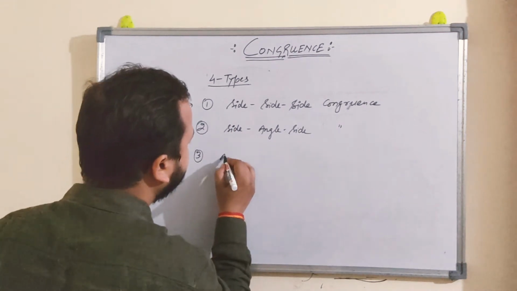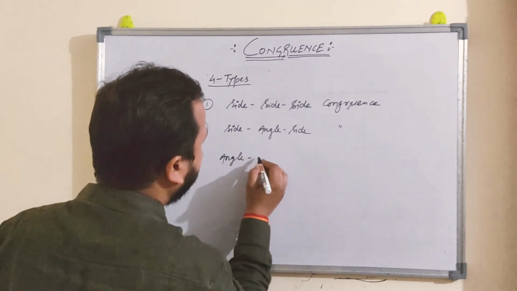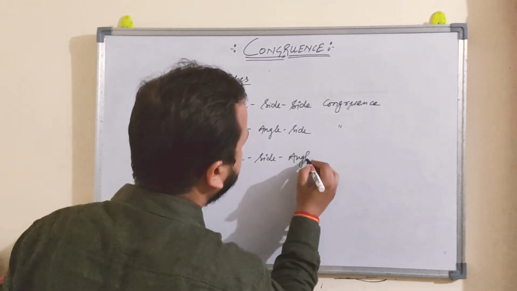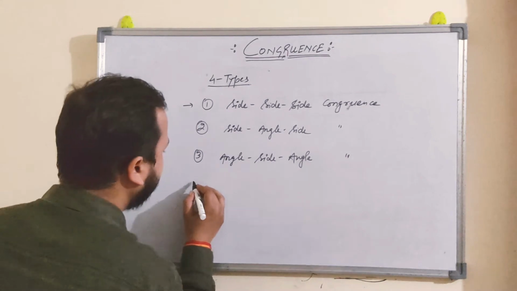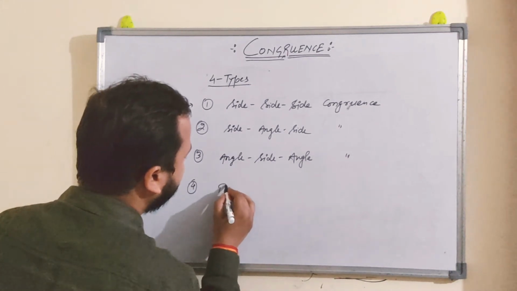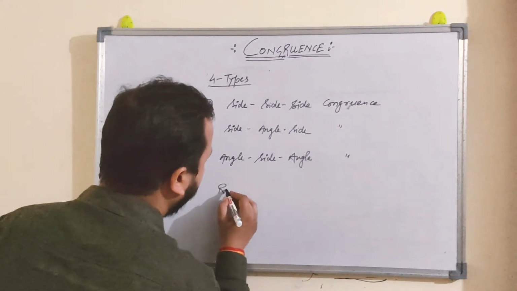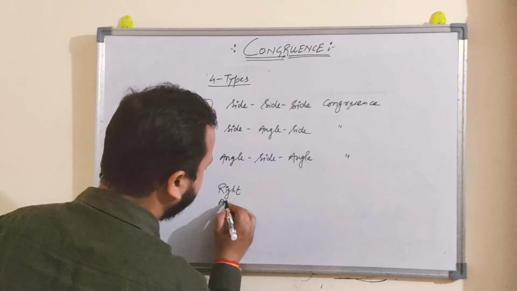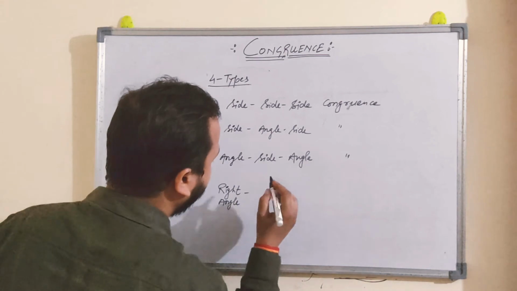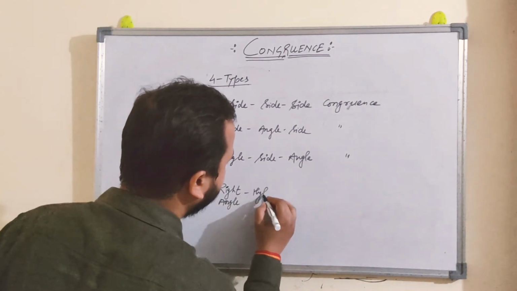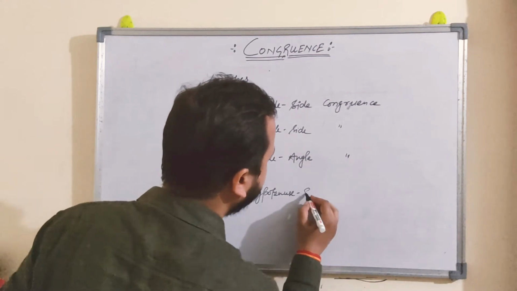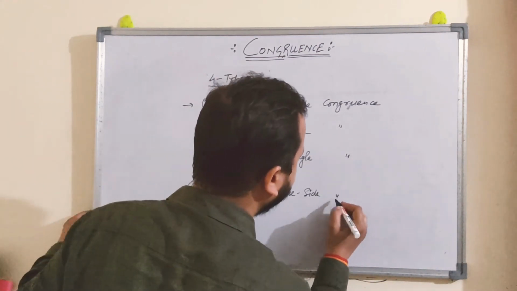Third one is angle side angle congruency, and fourth one is right angle, hypotenuse and side congruency,